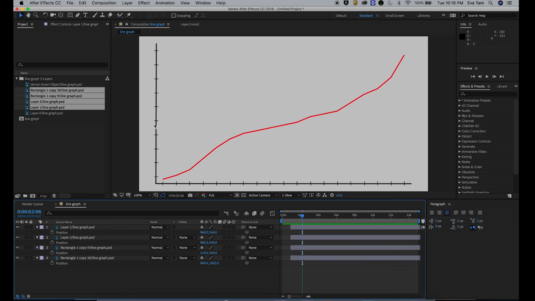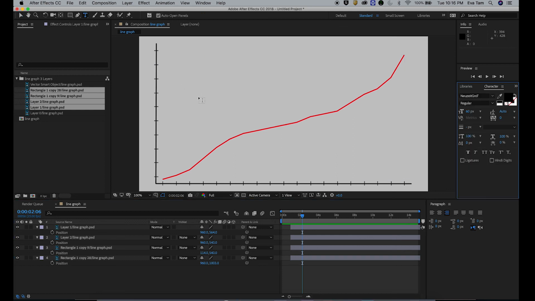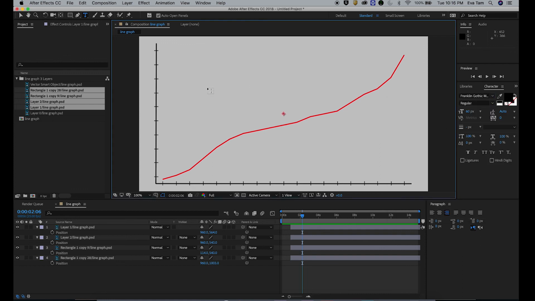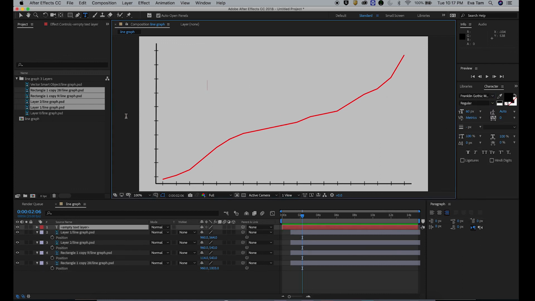So we need to label these, okay? We're going to do Franklin, bold, medium, regular, 0. This is too small.